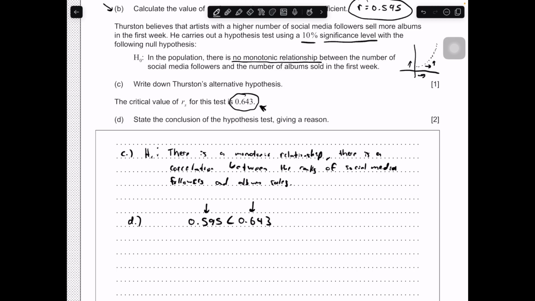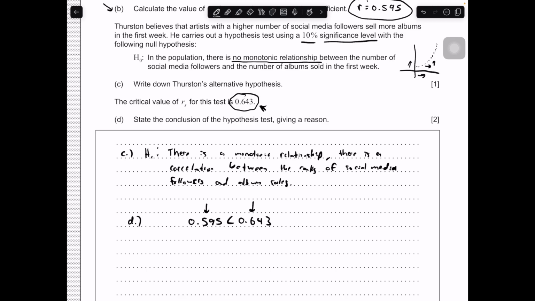So what could we say for the conclusion of this hypothesis test? If the strength of this correlation, which measures the rankings between social media followers and album sales, is less than our critical value, 0.595 is less than 0.643,